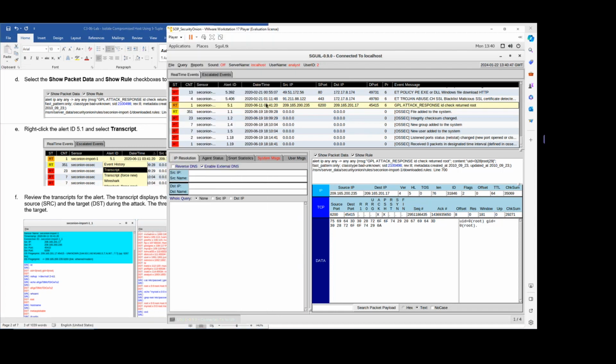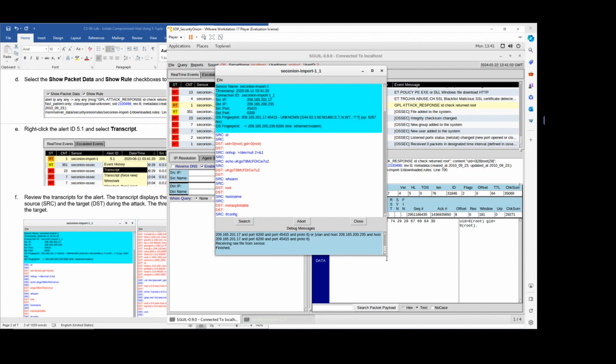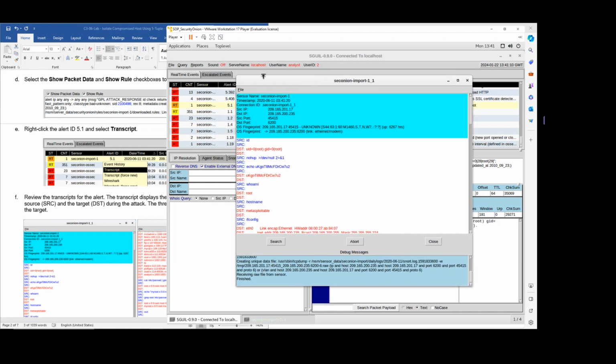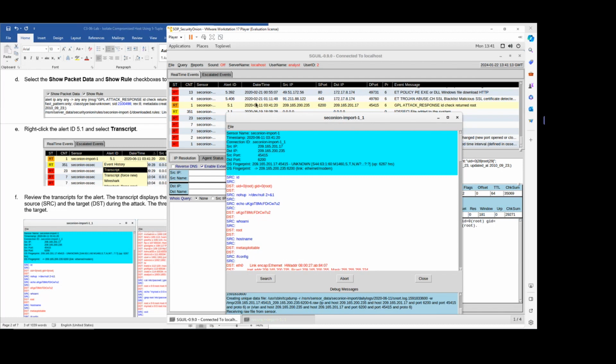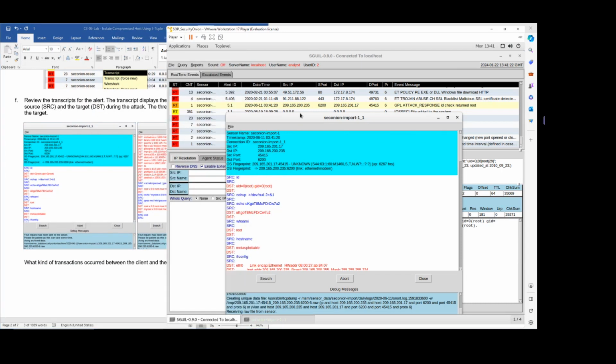So let's go over to the alert ID. Under the alert ID, we will right click and look for this option called transcript. After that, a screen will pop up. This is a set of details of the information that was transmitted in this particular alert. After that, we can review the transcript for any particularly useful information. For example, over here,